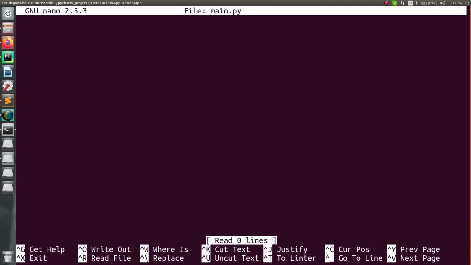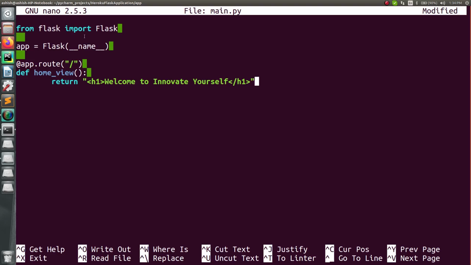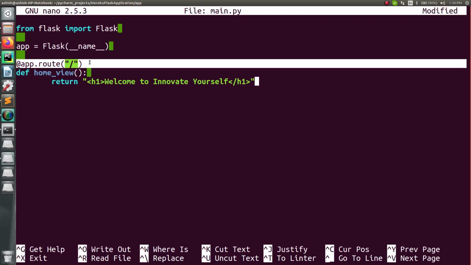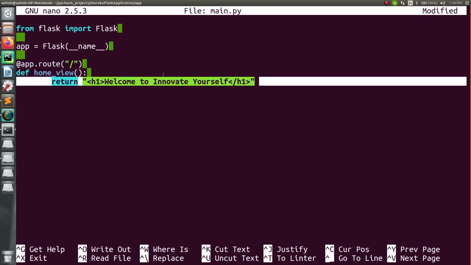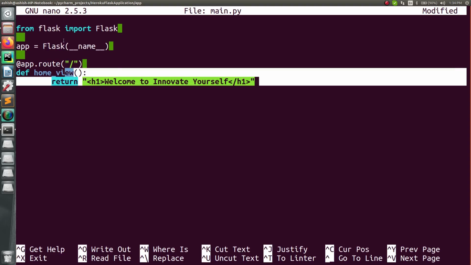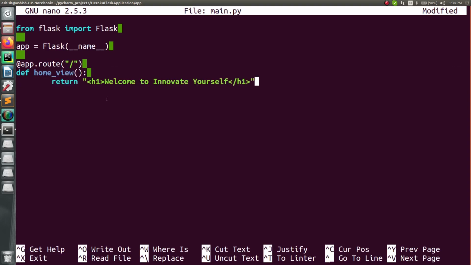I'm going in and I will add the complete data for that, or let's say the complete routing for it, and just add it here. As you can see, I have written a small project, and in that small project I will be creating a simple function, and that will be routed with respect to this. This is the home page, and on the home page I'm simply printing a very simple message like welcome to innovate yourself. This is what I'm showing in here. This is a very basic Flask application. And I'm not running it directly inside the same file, but you can do that.